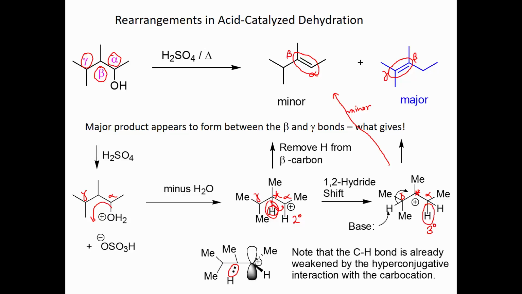Okay, so there's an interaction with these electrons, and this is actually serving to basically weaken this CH bond. And it's very easy for this hydrogen to migrate. Remember when we were looking at those resonance structures, and I think I told you not everybody agrees these are resonance, but